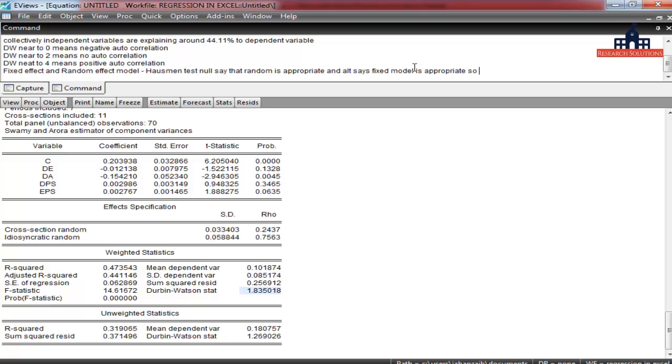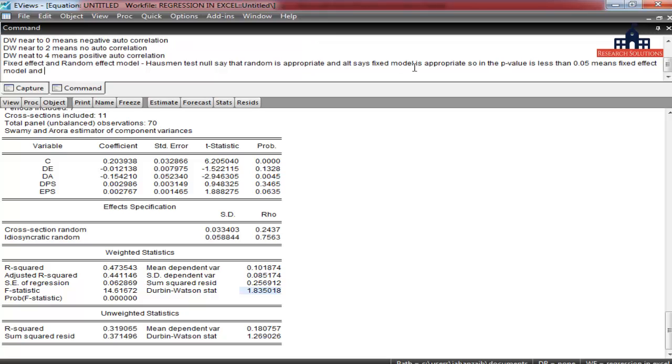So if the p-value is less than 0.05, it means the fixed effect model, and if the p-value is more than 0.05, it is witnessing the random effect model.